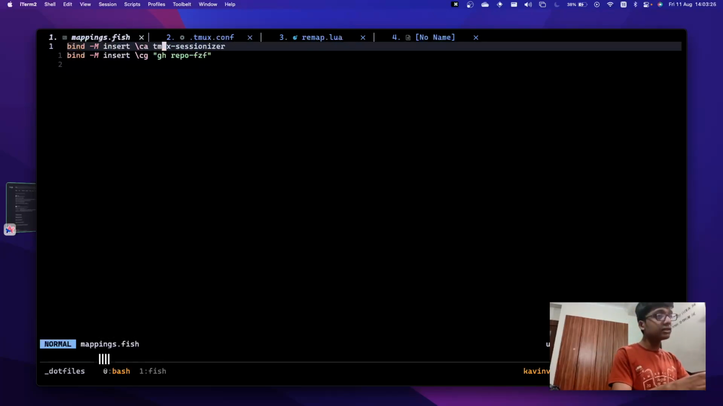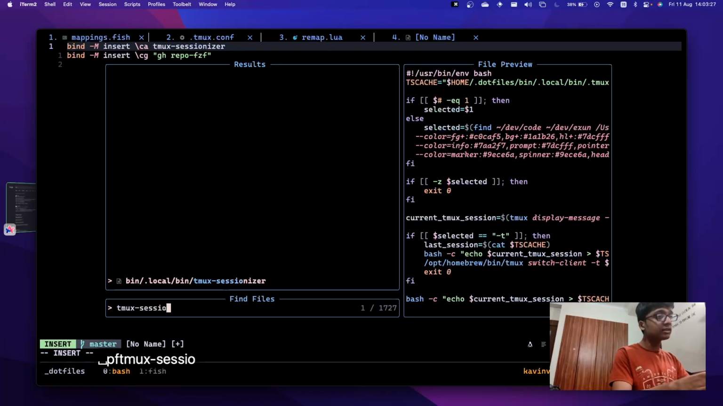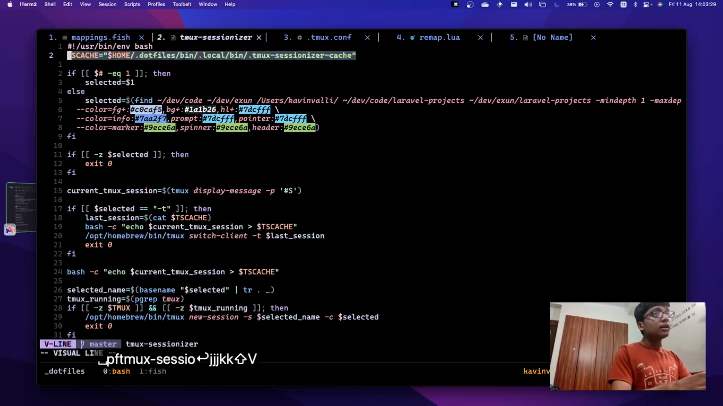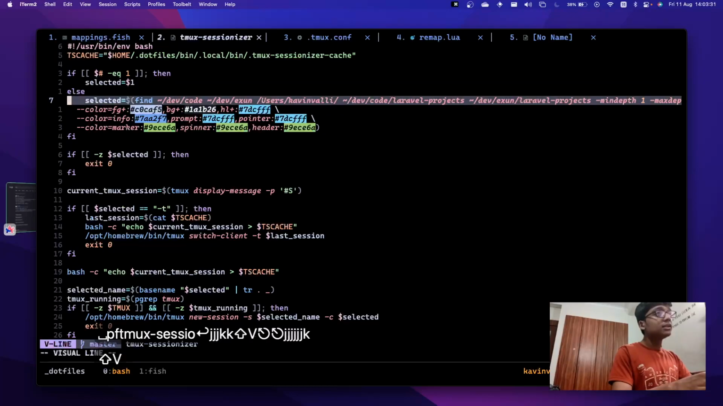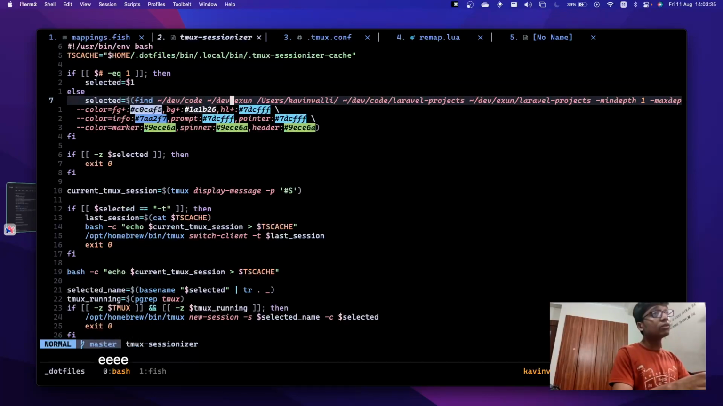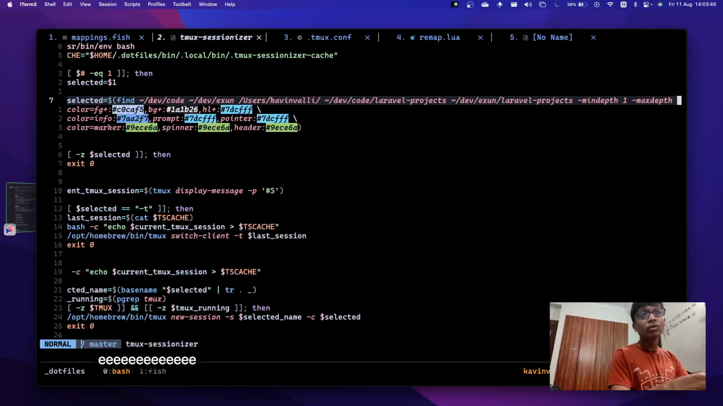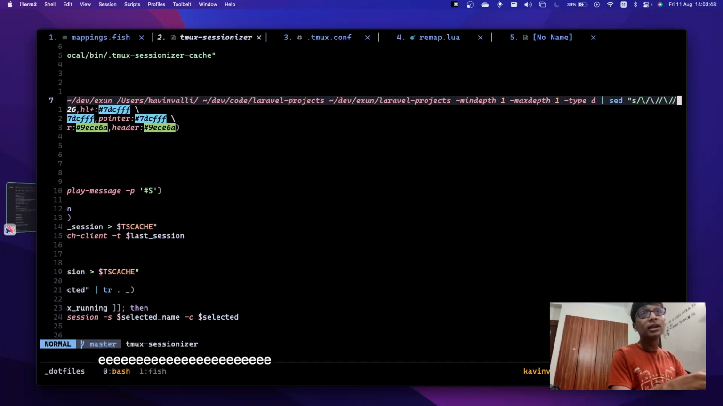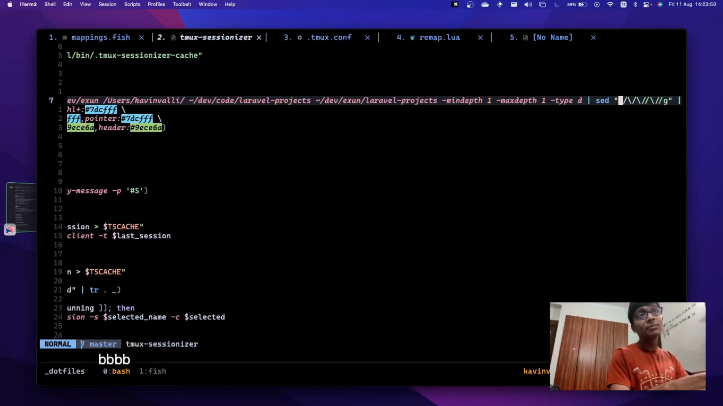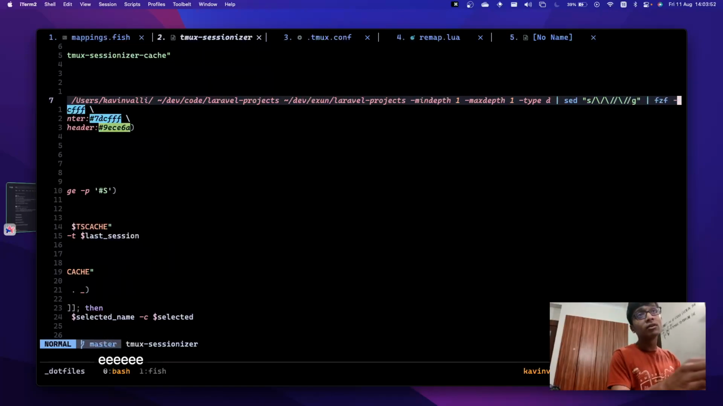So what this script basically does is it finds all the directories inside code, devxin, my home, and the Laravel projects I had set up differently just to have Valet working with it. There are a few commands over here for minimum depth, maximum depth, and type is directory, and sed is for